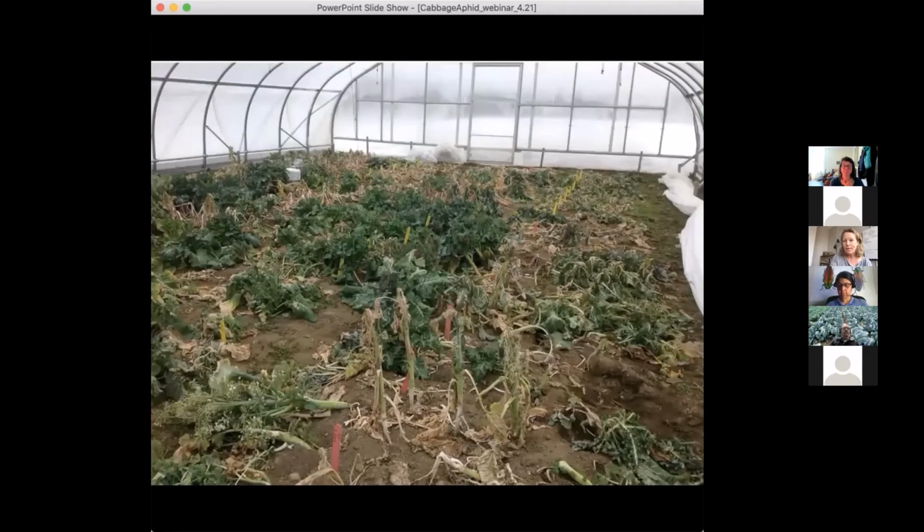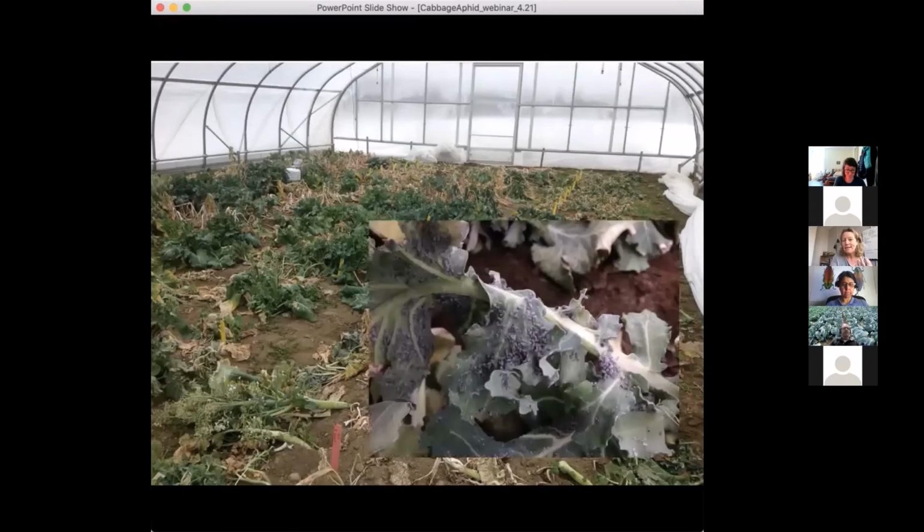So when we have things like overwintered brassicas, such as these sort of sad looking winter sprouting broccolis in a high tunnel here at our research farm, these are a perfect place where we kind of get outside that normal life cycle, and we can actually see adults surviving, and really they can be a source of cabbage aphids going into the spring season if we're not careful,